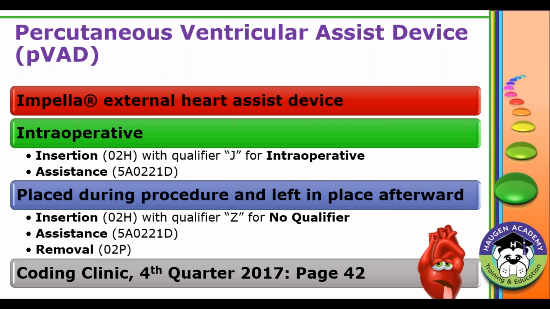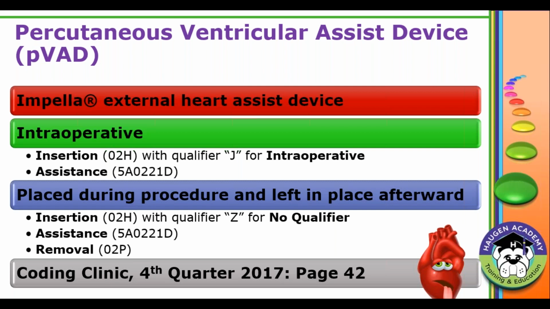And this particular one, we're not talking about ventricular assist devices that are used as a bridge to transplant. That's a much more involved device. We're talking about specifically the Impella, which is called an external heart assist device. This is a device that is placed into the femoral artery via a catheter and then up into the left ventricle of the heart. And it attaches to an external machine that's going to help the heart to beat more